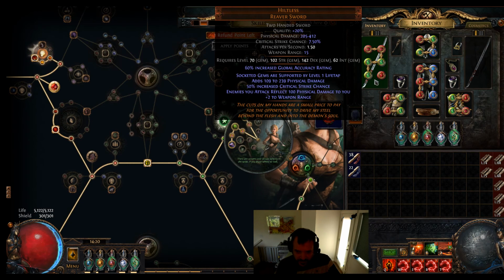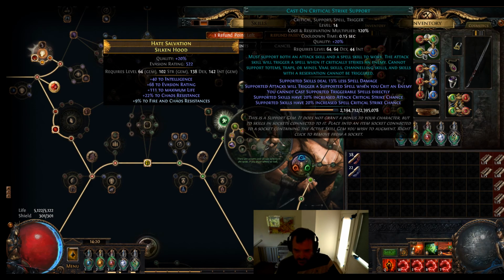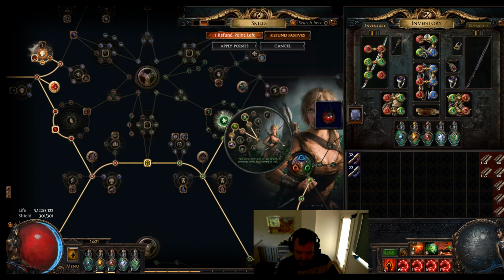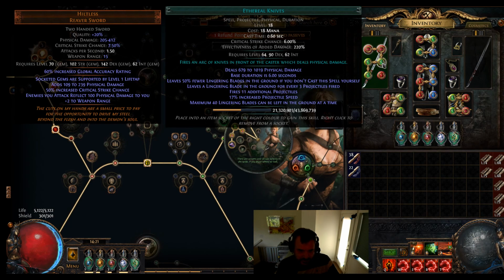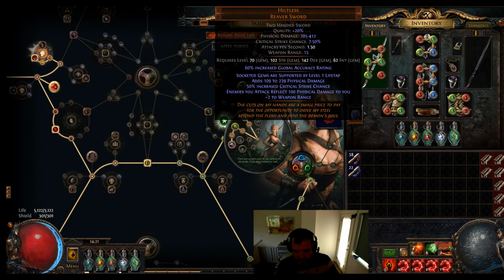So what we then do after that is we are using Forbidden Rite with cast on crit to take more damage, because this just doesn't do enough damage to us. And then we have Brutality, cast on damage taken. In this particular case, I have all the physical spells: Ethereal Knives, Blade Fall, Blade Blast, and they're all supported by